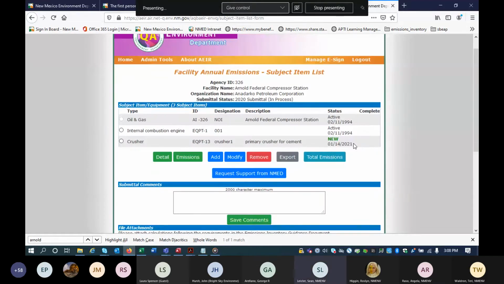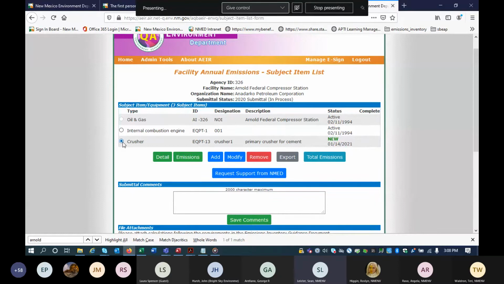And as you can see, this new piece of equipment here was created today. It's labeled as new, and I have the ability to modify and remove it, unlike the existing piece of equipment where I cannot modify and remove this one. So if at any point you need to change the information that you put in, click on modify, or if you made a mistake and that equipment doesn't actually exist, you can remove it before submitting and certifying your emissions inventory. Now, just so you know how to go through the rest of the process, I just created the piece of equipment. That doesn't mean that I have input the details or the emissions for that piece of equipment yet. So we can do that right now.